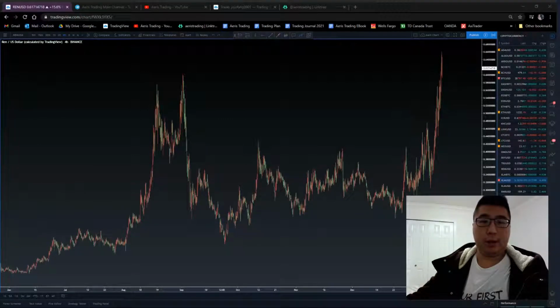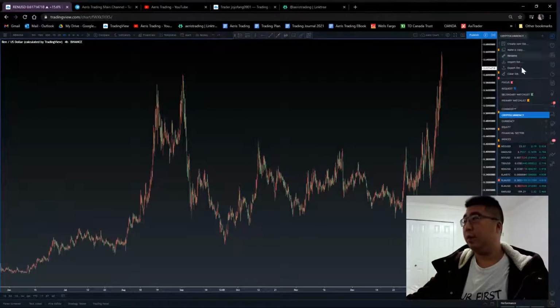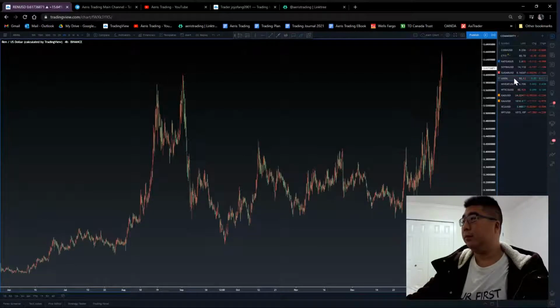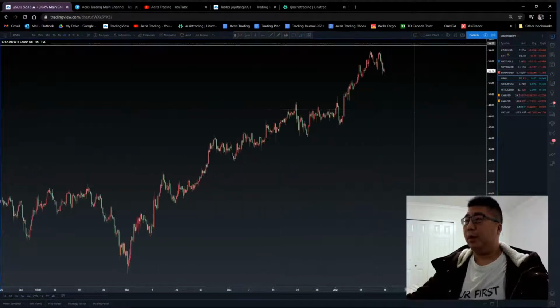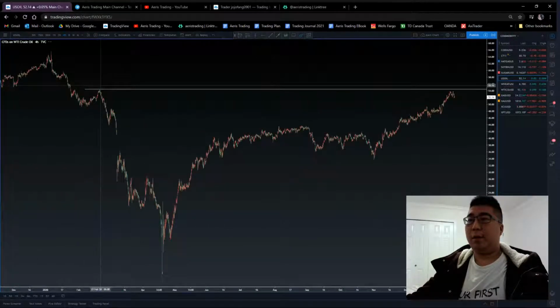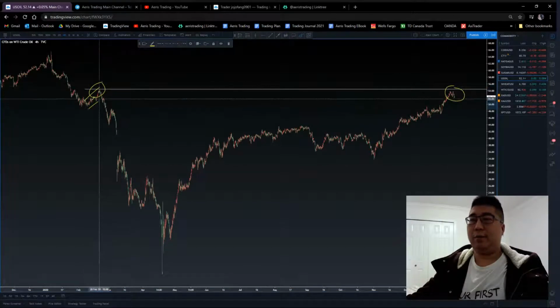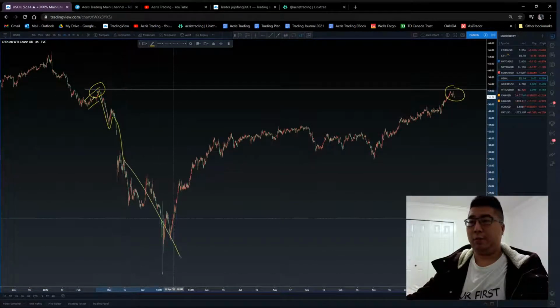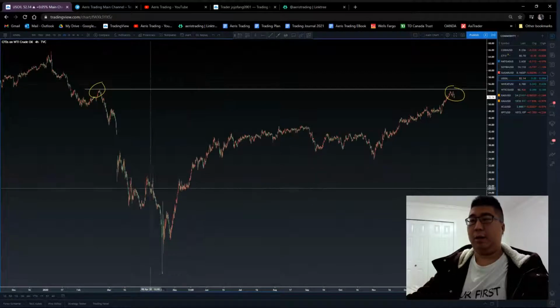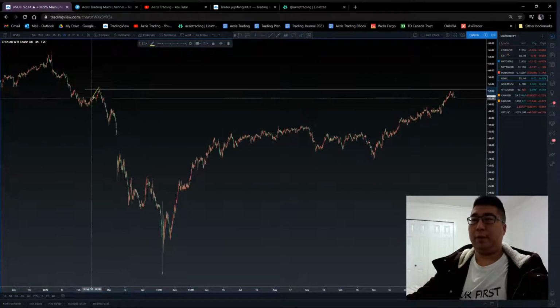So WTI, yeah, let's go over oil really quick. I think I mentioned this. I mentioned I want to keep an eye on oil when we hit this kind of previous swing high area before all this bearish move. It went below zero, all that. We've pretty much recovered right back to where it was again, right? If you notice,